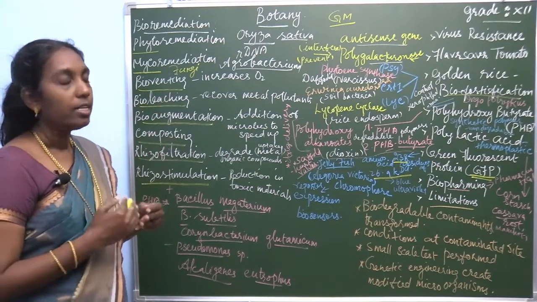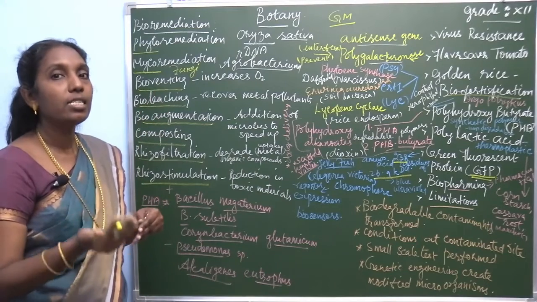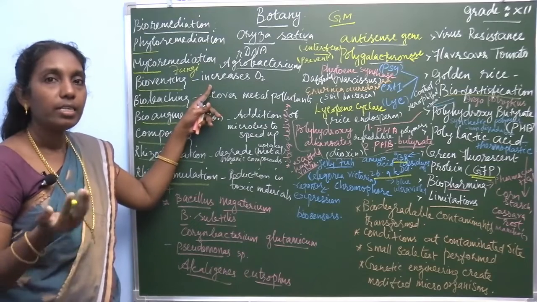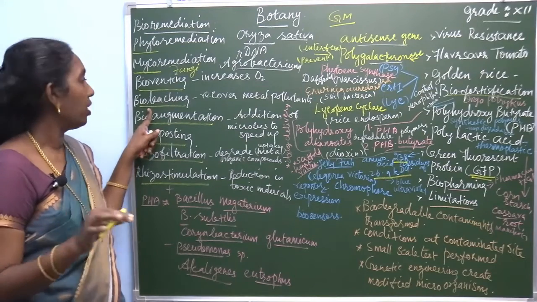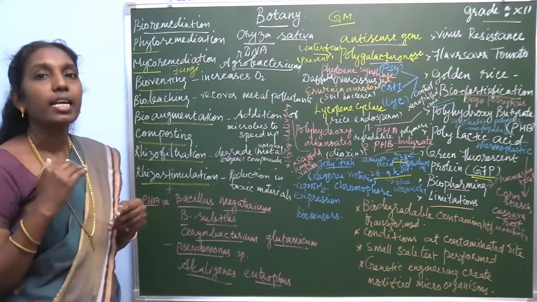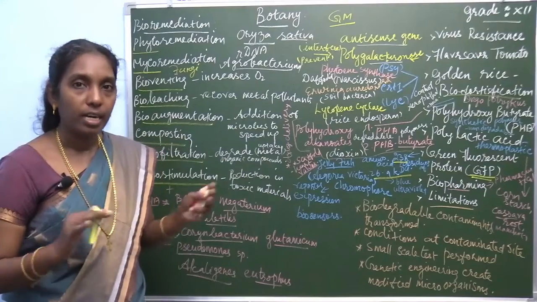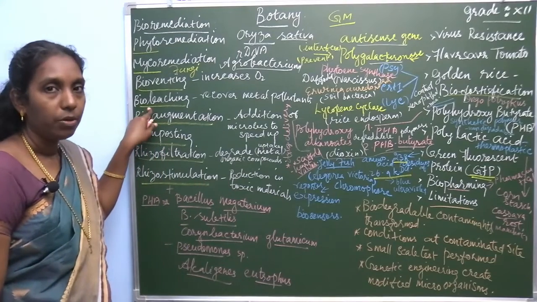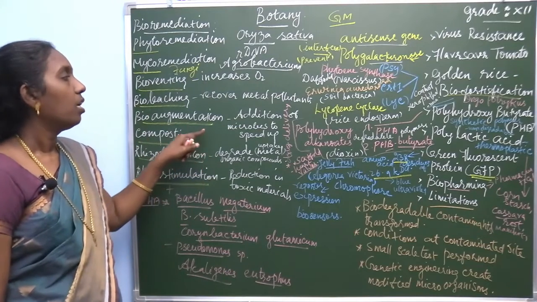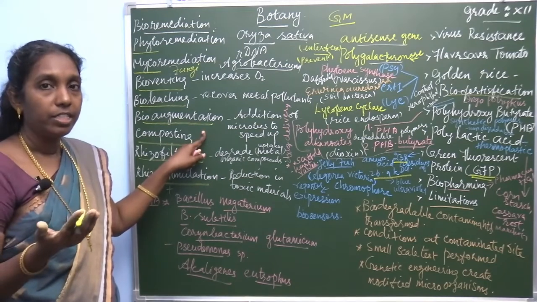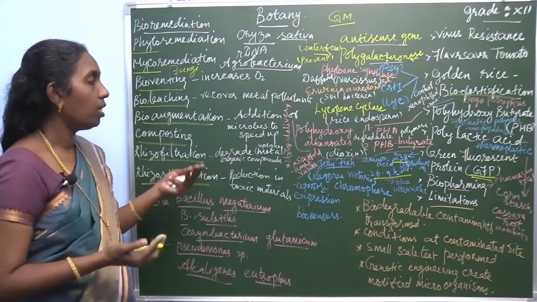Then bioventing, another process of bioremediation. That is the process by which the oxygen content is increased. Then bio-leaching. Bio-leaching recovers the metal pollutants. The metal pollutants can be recovered by this method called bio-leaching. Then bio-augmentation. This is the addition of some microbes into the soil to speed up